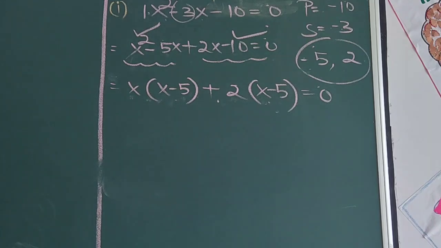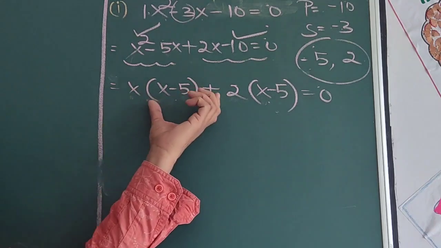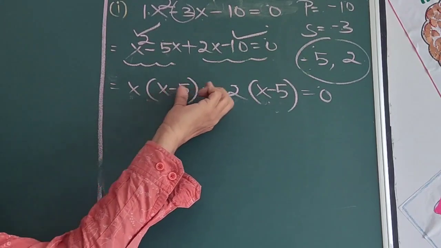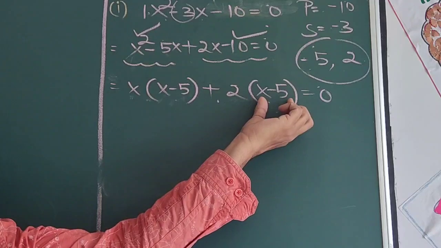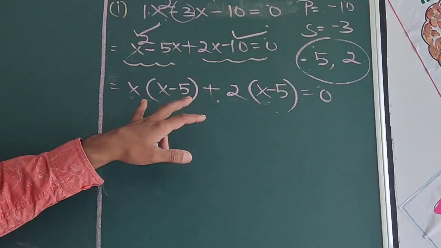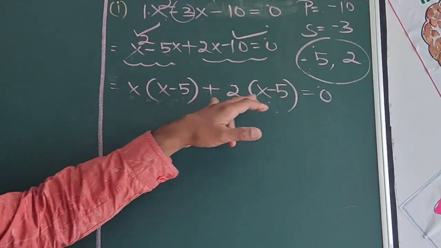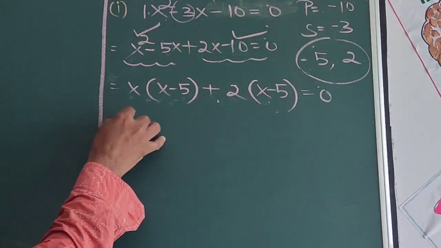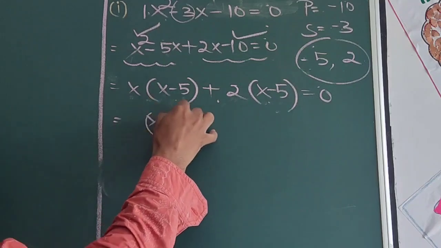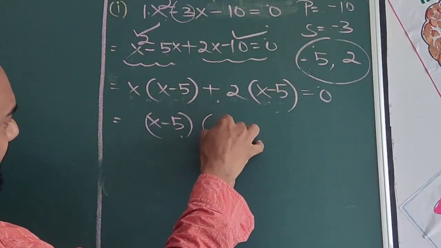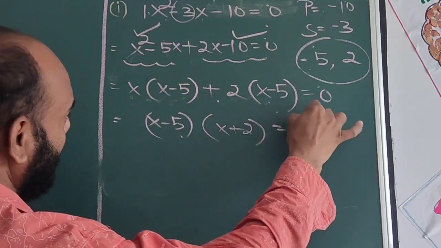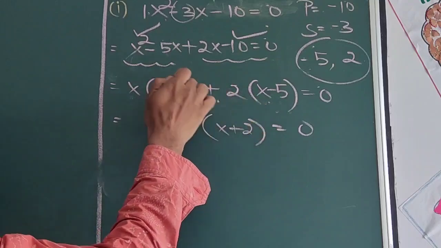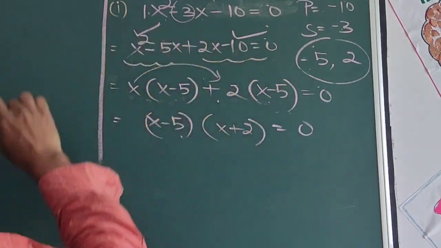And in any quadratic equation, when we solve it by the method of factorization, when here the term is x minus 5, then here the term must be x minus 5. In other words, we can say that these two factors are always the same when we solve any quadratic equation by the method of factorization. So here x minus 5 is common from both the terms and the remaining factor is x plus 2. So there are two factors, x minus 5 and x plus 2. X minus 5 is the common factor and x plus 2 is the remaining factor.